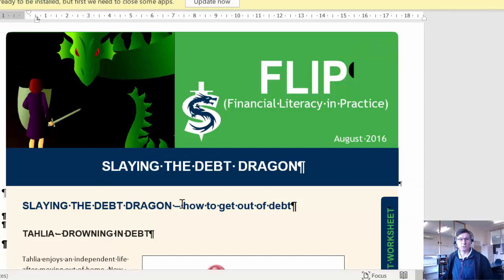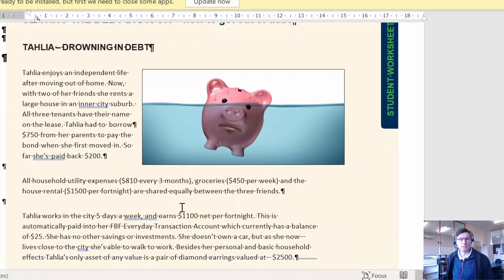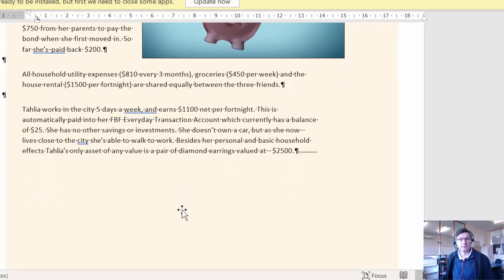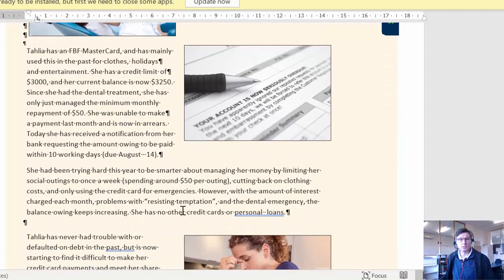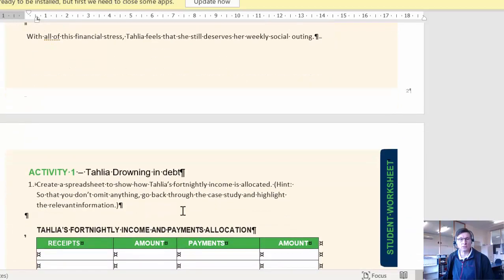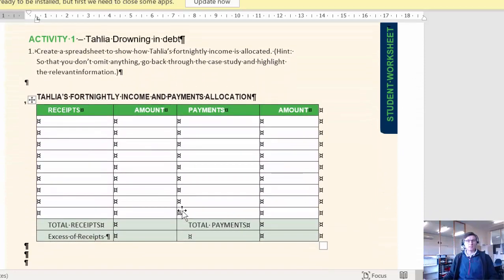So you'll see that Tahlia hasn't been managing her expenses and income that well. She's got debts. She hasn't really got much to show. So you'll see a whole lot of information here that you need to put into a spreadsheet. So in activity 1,